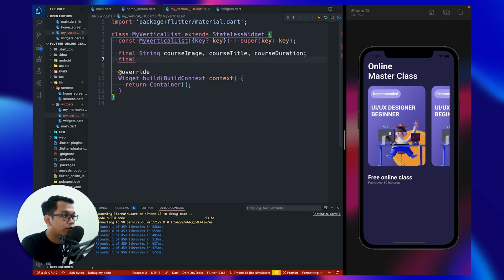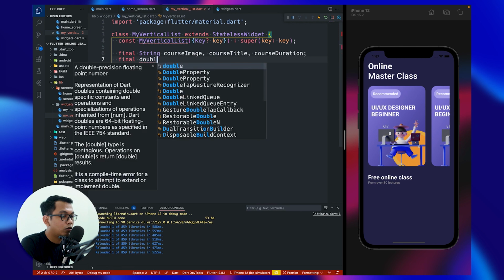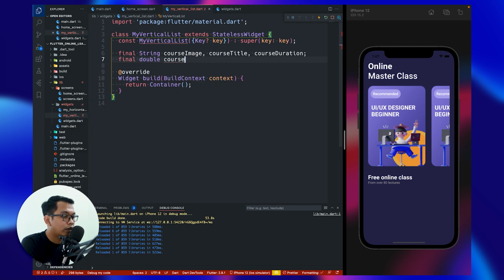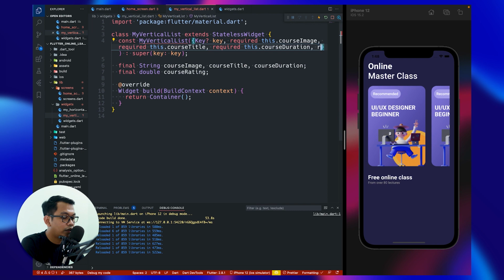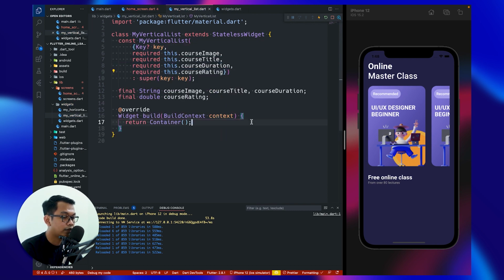And to save our rating, we use a double, name it as course rating. And what we say right here is image, and then title, duration, and a rating. Look like this.